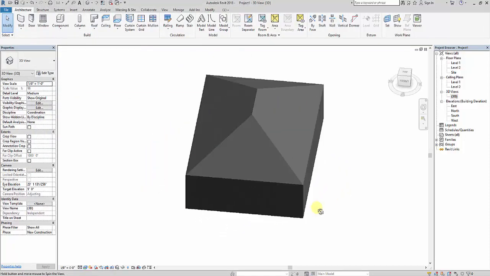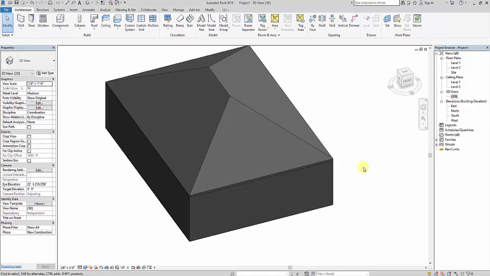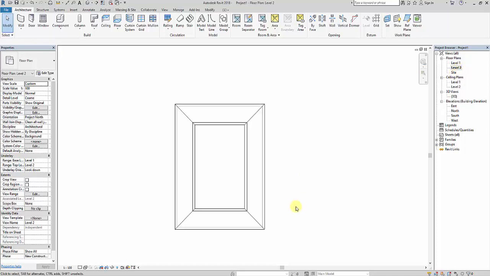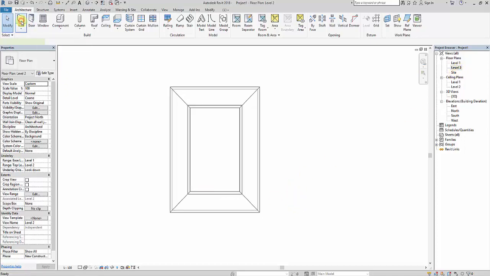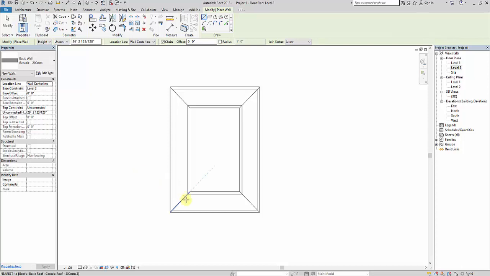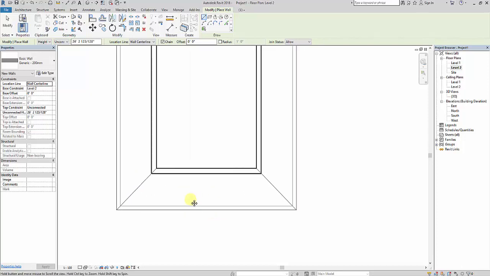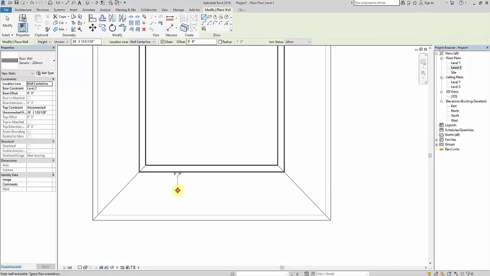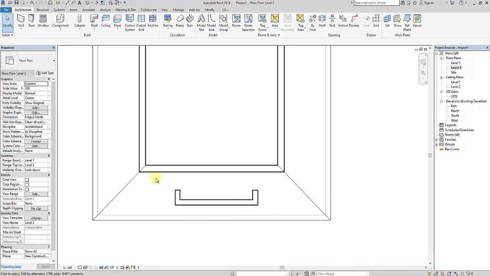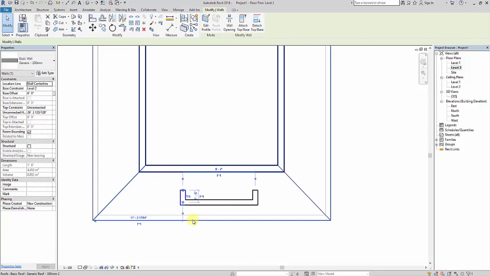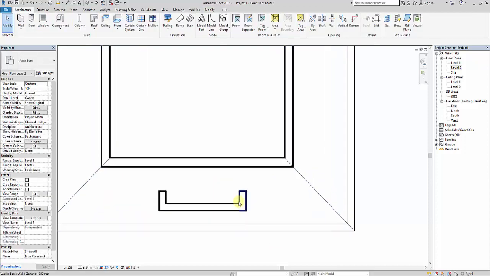Next, what I have to decide is where I need my dormer window exactly. For example, if I need my dormer window here, I'll again go to level 2 and select wall. You can take a wall of any thickness, and you have to place a wall on the big roof in the shape of a U, according to how big you need your dormer window and where. So much you have to place your U-shaped wall here. For example, if I'm placing it like this,